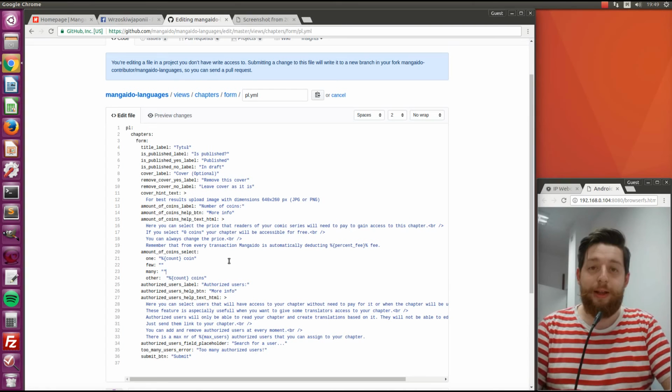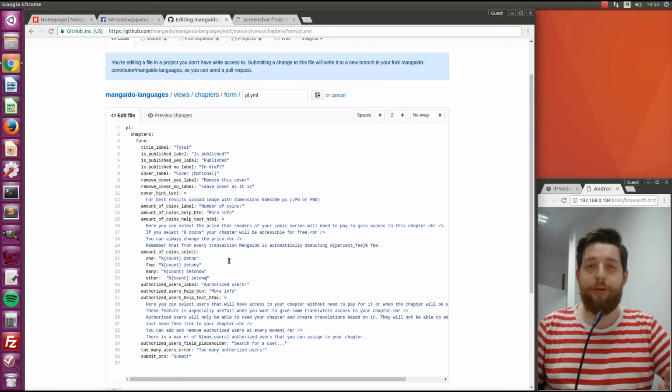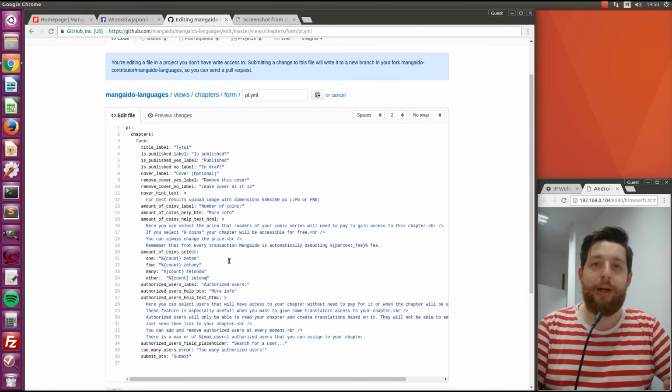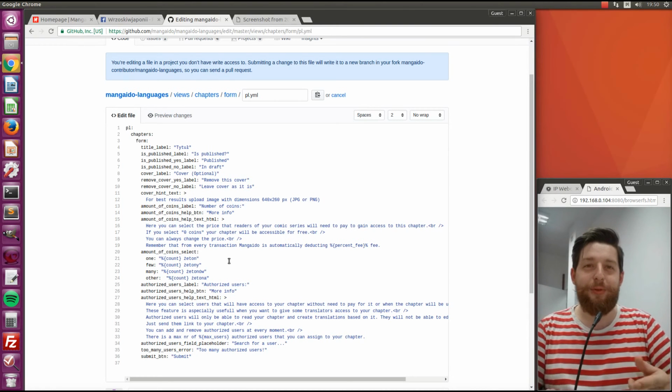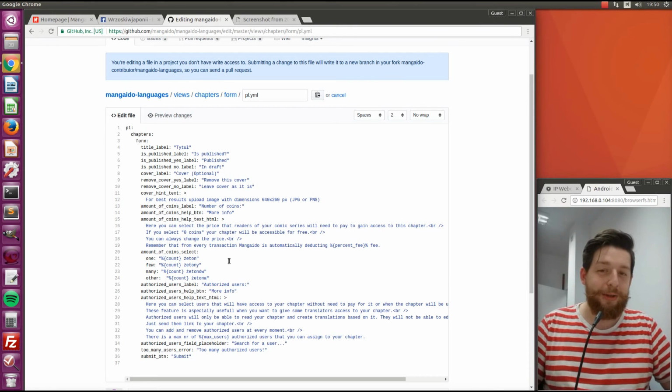But let me fill this amount of coins select field. So we got, instead of 1 and other key, 1, few, many, other, and coins in Polish are żetony. So we got 1 żeton, 2, 3, 4 żetony, 5 żetonów, and 2.5 żetona, and that's how it looks like